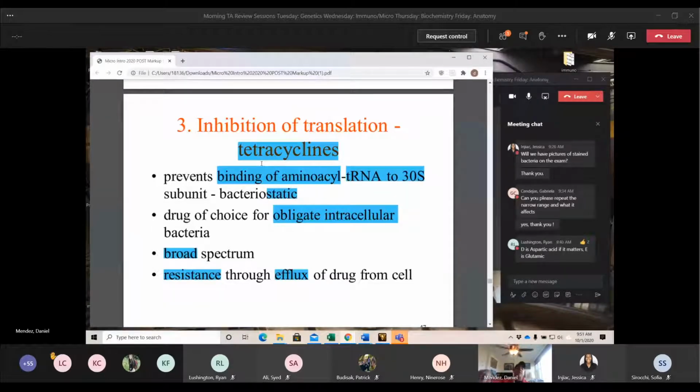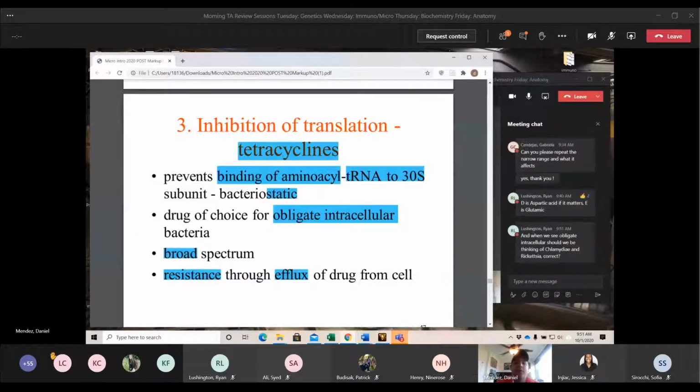So it goes through this whole cycle of being brought in and pushed out that it can't actually work its function. That's just another resistance mechanism, which is why there's more than just one version of tetracycline. We have doxycycline, things like that, that pharmacists create. When you have an efflux pump that has very high affinity for tetracycline, now we've created doxycycline. It has a very similar effect. It can still bind that 30S, but it does not have the affinity for that efflux pump. So it's just trying to stay that one step ahead.